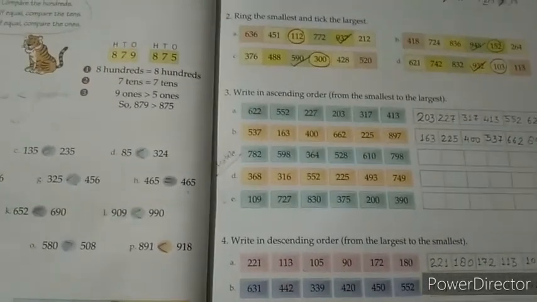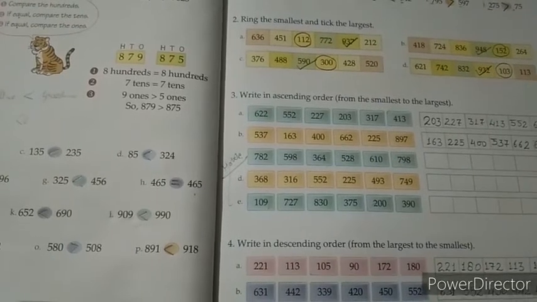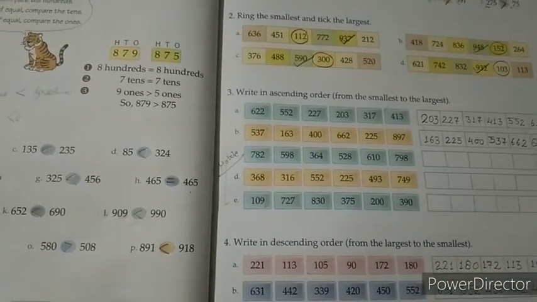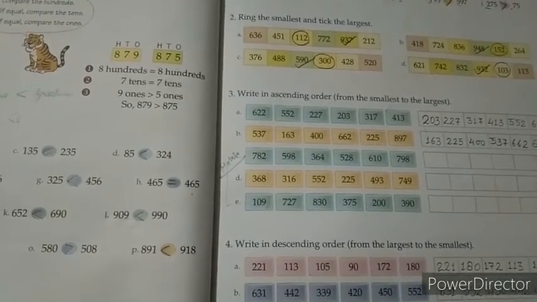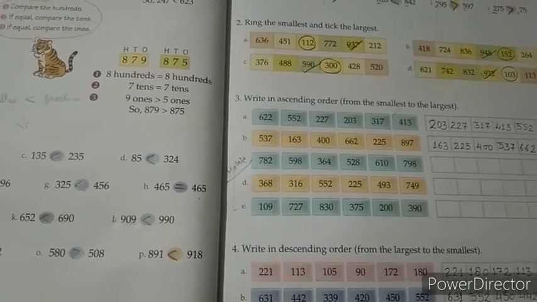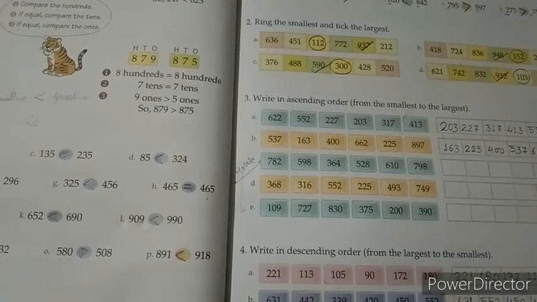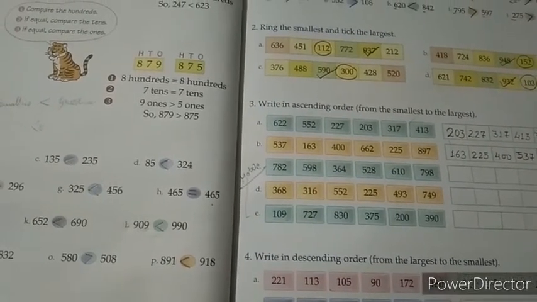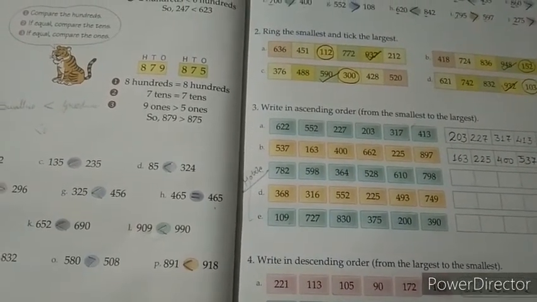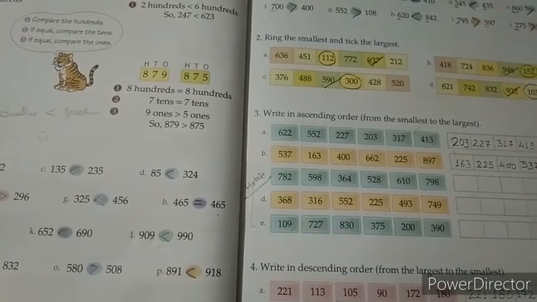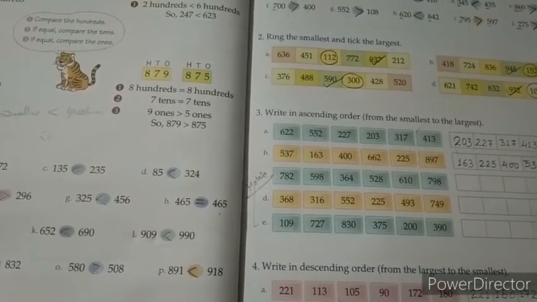Okay, so students, complete this work in your maths book very carefully and do revision also. Okay, and complete your homework in next video. Firstly we will check our homework. Okay, then we will start a new topic. Okay, so complete this work in your math book very carefully and honestly.